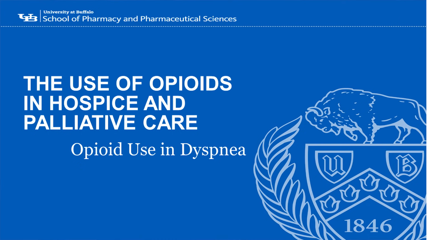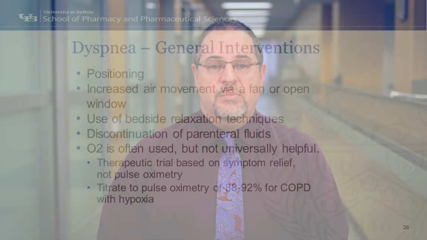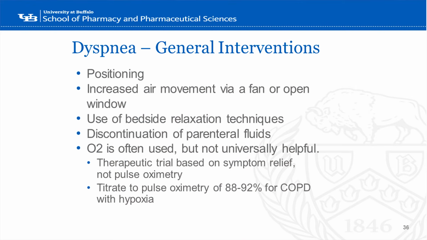Opioid use and dyspnea. So dyspnea in general, that difficulty that patients have in breathing, we think about it with lung cancer and perhaps heart failure and COPD, but hospice patients exhibit it even when the primary diagnosis is dementia as they progress towards the end. Some general interventions include positioning, air movement with a fan or a window, bedside relaxation techniques, limiting or discontinuing parenteral